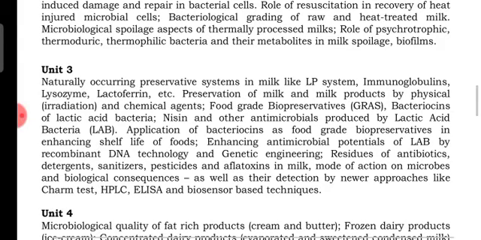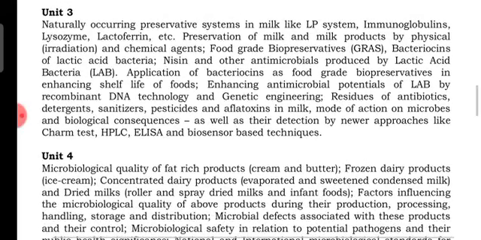Unit number 4: microbial quality of fat rich products, cream, butter, frozen dairy products, ice cream, concentrated dairy products, evaporated and sweetened condensed milk and dried milk, roller and spray dried milk and infant food; factors influencing the microbiological quality of dairy products during their production, processing and handling,